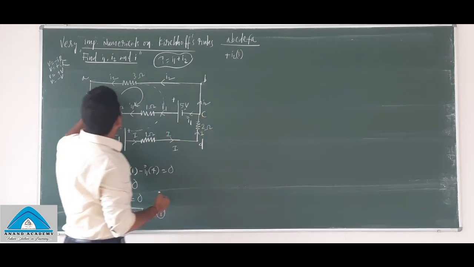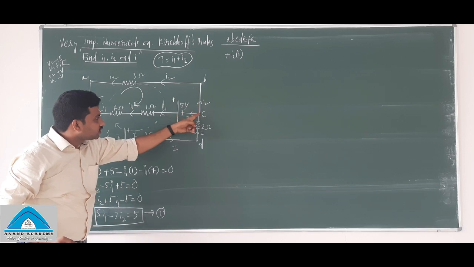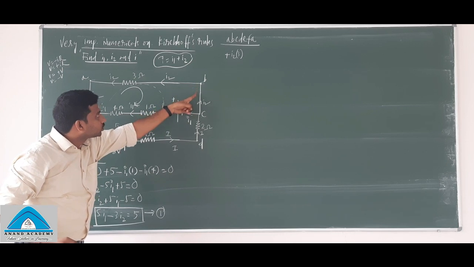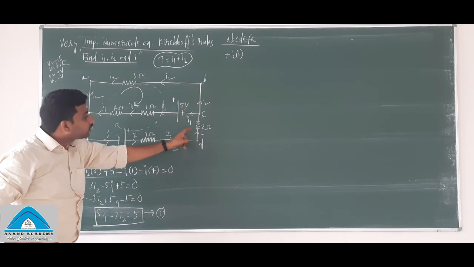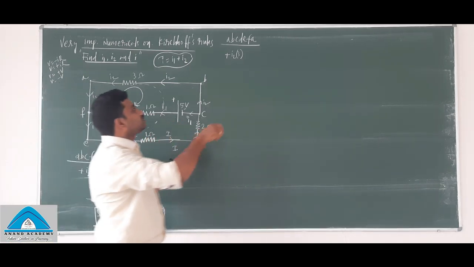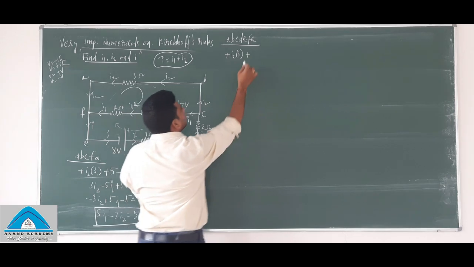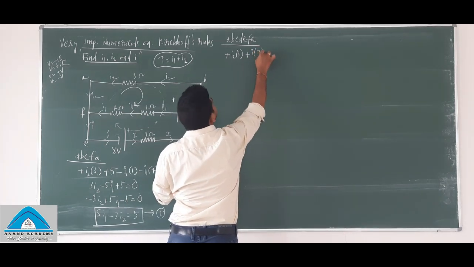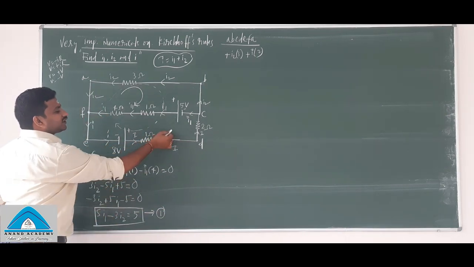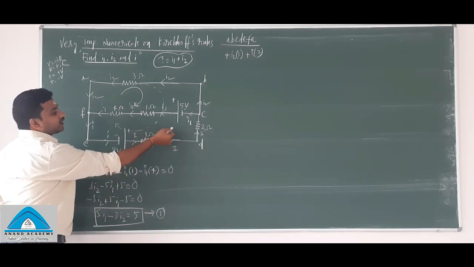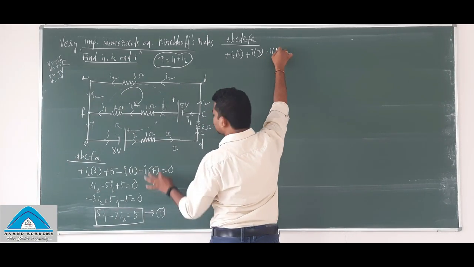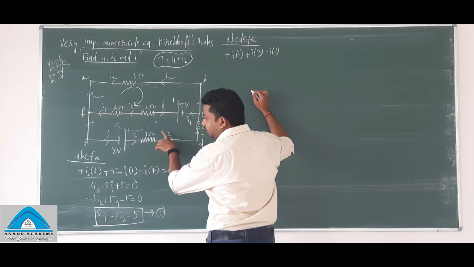R is 3. Now we are moving like this. This loop is fixed, so now our loop is considered A, B, C, D. See here, our loop direction is like this, so current is moving in the opposite direction. So that is also plus I into the resistance, which is 2. From here we are moving like this, and here also the current direction is opposite. You can see the loop direction is this one, the current direction is opposite. So that is also plus I into 1 ohm.